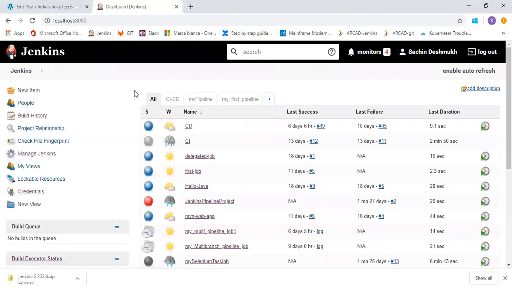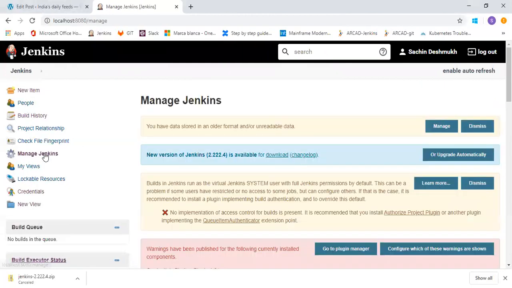Let's move to the second section of Manage Jenkins. The Configure Global Security option provides the ability to set up users and their relevant permissions on the Jenkins instance. By default, you will not want everyone to be able to define builds or do other administrative tasks in Jenkins. So Jenkins provides the ability to have security configuration in one place.